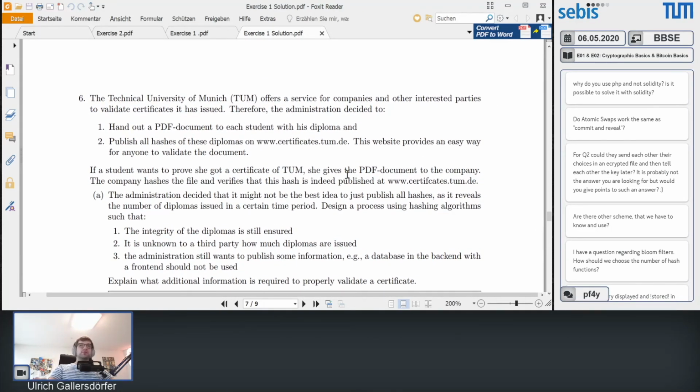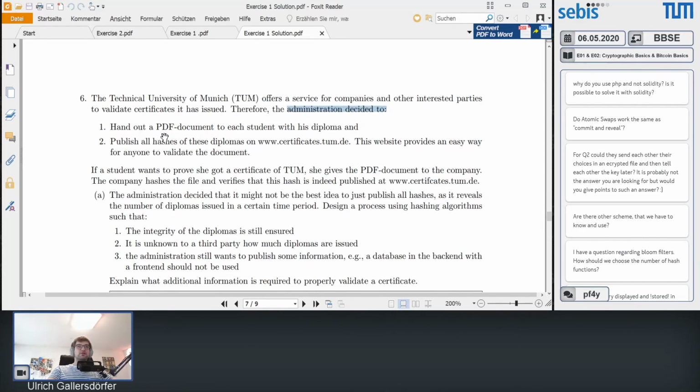The Technical University of Munich offers a service for companies and other interested parties to validate certificates it has issued. Therefore, the administration decided to hand out a PDF document to each student with his or her diploma and publish all hashes of these diplomas on certificates.tum.de. This website provides an easy way for anyone to validate the document. So if a student wants to prove she or he got the certificate of TUM, she gives the PDF document to the company. The company hashes the file and verifies that this hash is indeed published at